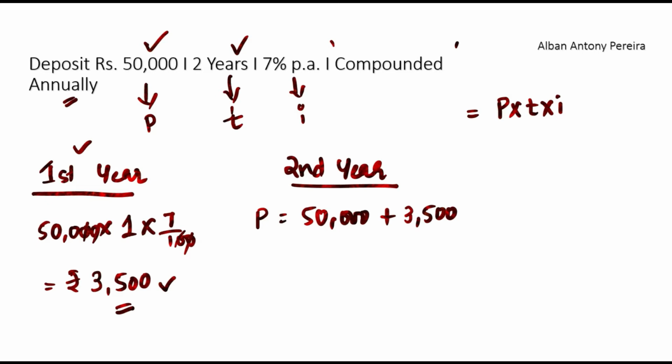So what is the new compounded principal amount? It is 53,500 and not 50,000. Fine. So this is the principal here, and we will put the same formula. Time is 1 year, even though it is second year. This is first year, this is second year. So 1 year is here and another year is here. Into 1, multiply with time is done.